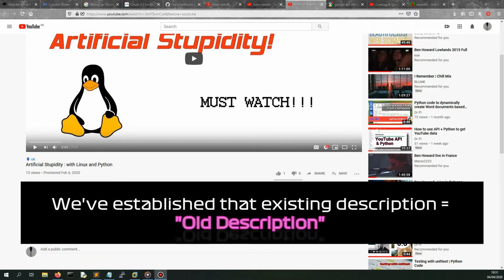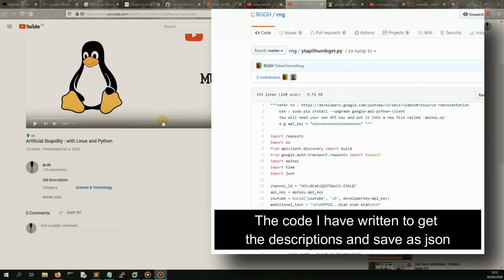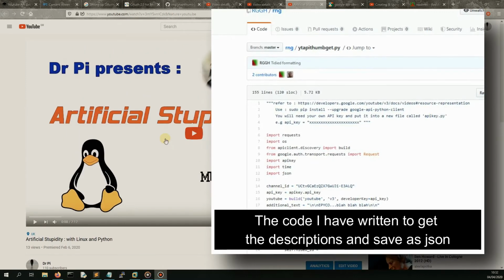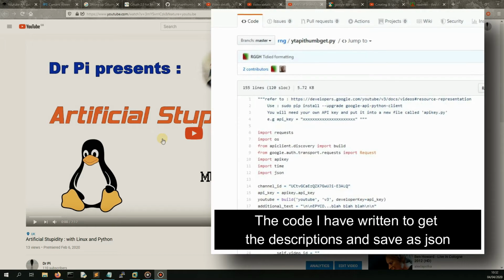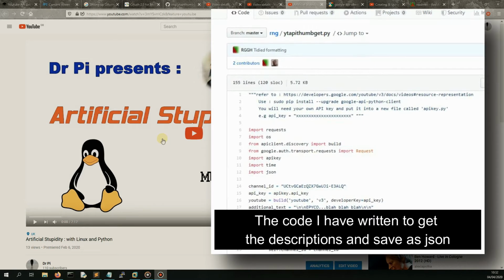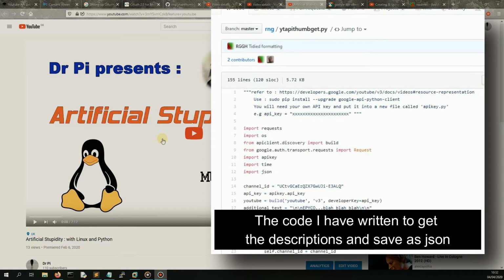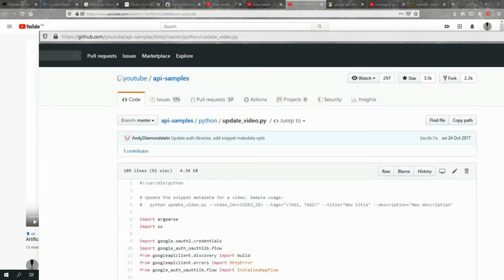I've written one program, which is YouTube API thumbget, which started off getting the thumbnails, and now it also gets the descriptions and the video IDs. That's program one. Program two is a Python script which I got from the Google developer GitHub page, ytapithumbget.py, I think it's called, which is what we're going to call in a minute. So I just want to show you,